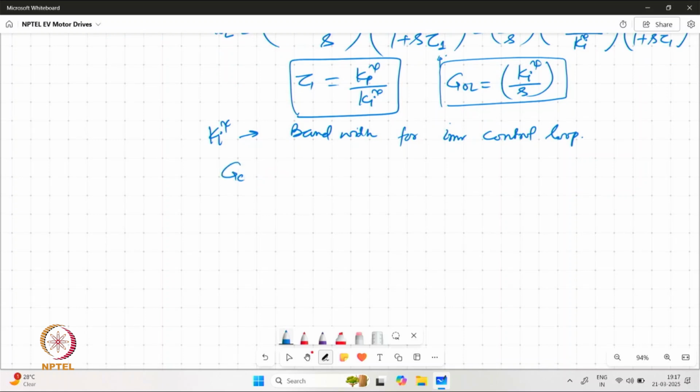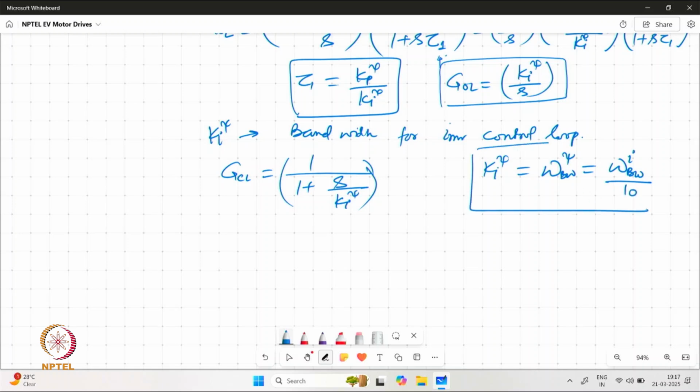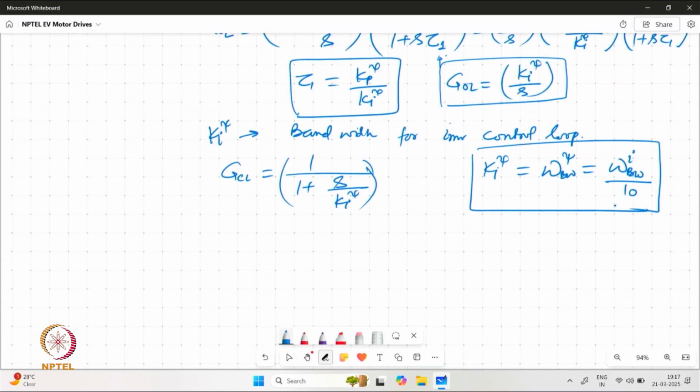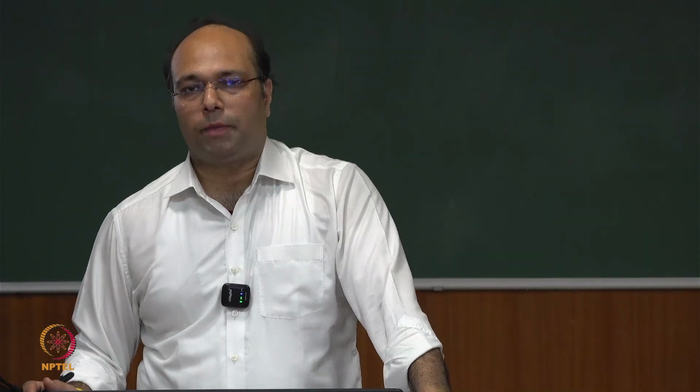So we have, and in fact ki psi is nothing but, so in this manner we can come up with the parameters for the flux control loop as well. Little more complication comes when we go for the speed control loop. However, this is also going to be very similar to how we have done for the DC motor drive and